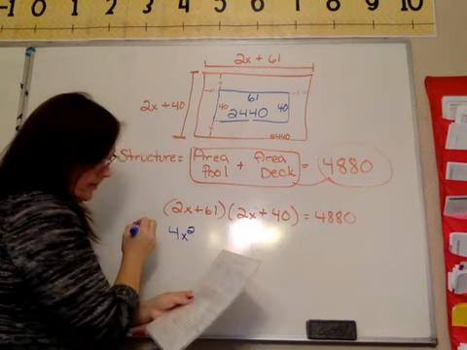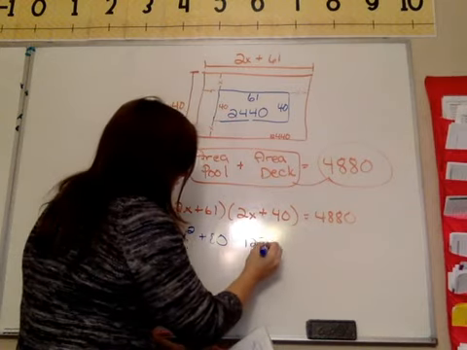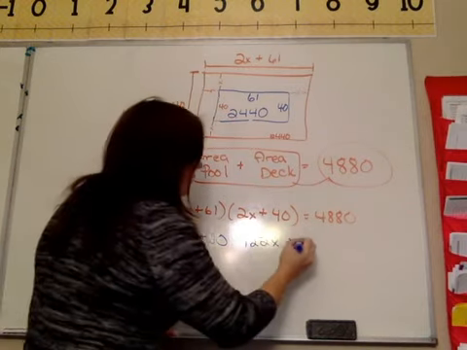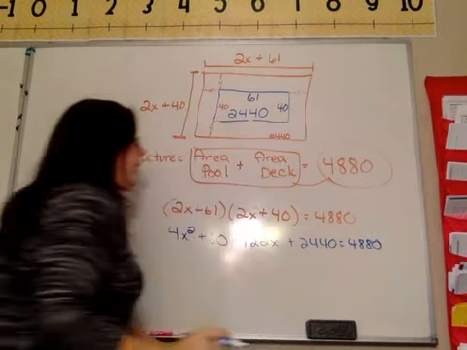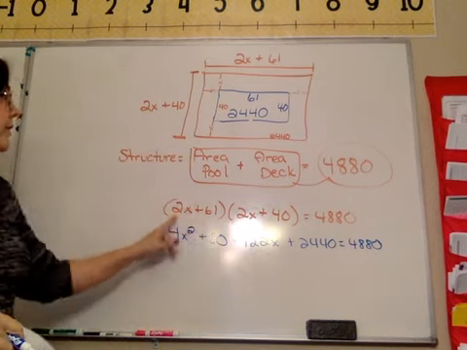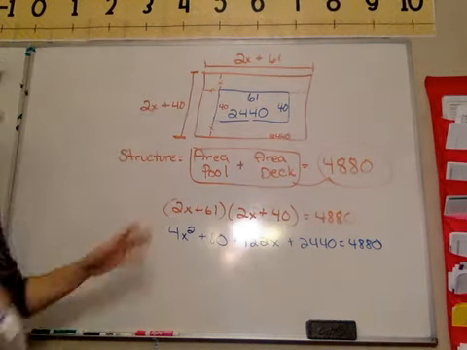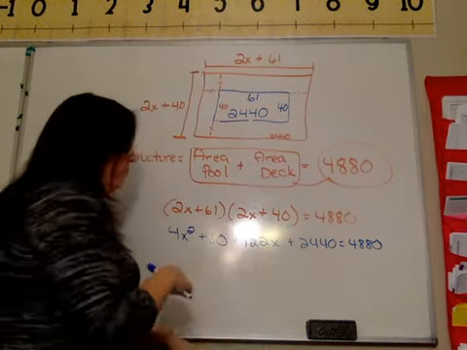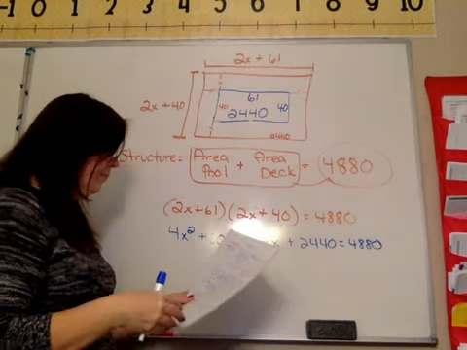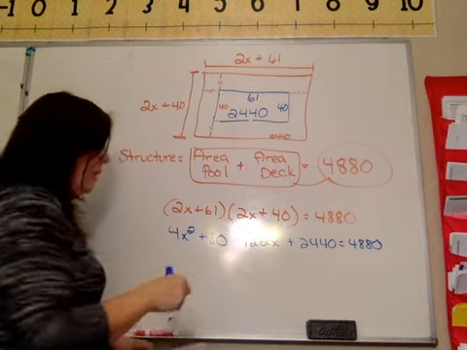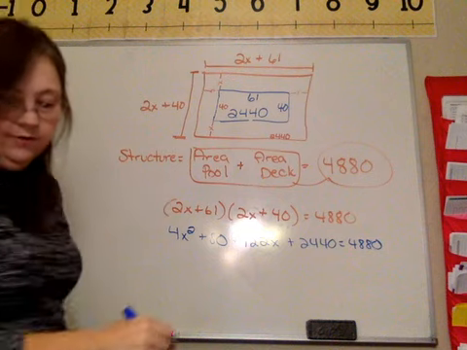I made my other classes do this. If you did this math, and this is in your book as well, you would distribute your 2x to your 2x and then your 2x to your 40, and then 61 to the 2x, and 61 to 40, you would get this. We combine our like terms, and I'm just going to kind of speed the process up a little bit. I know we know how to move things around and combine our like terms, but after you do all that and you combine all your like terms, you're going to get an answer of